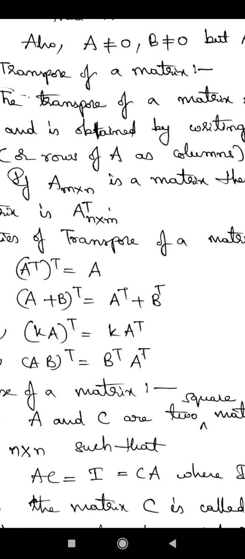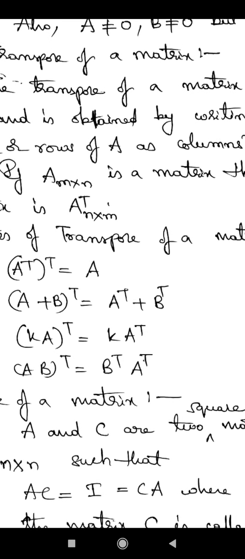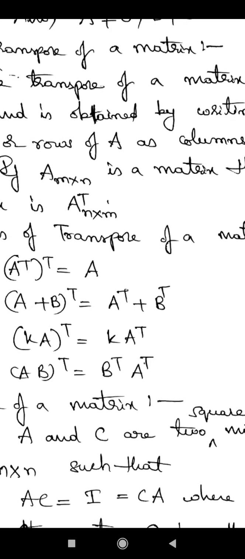That means the transpose of the sum of two matrices A and B, denoted by A plus B, is equal to the sum of the transposes of matrices A and B separately,